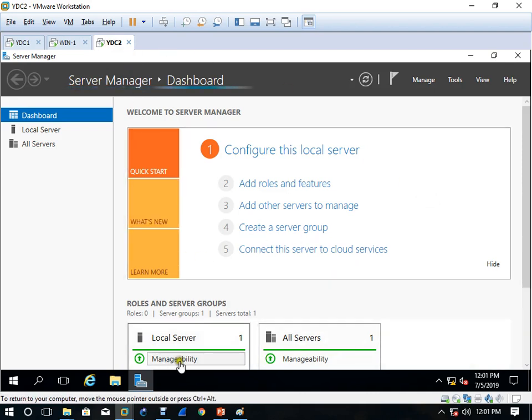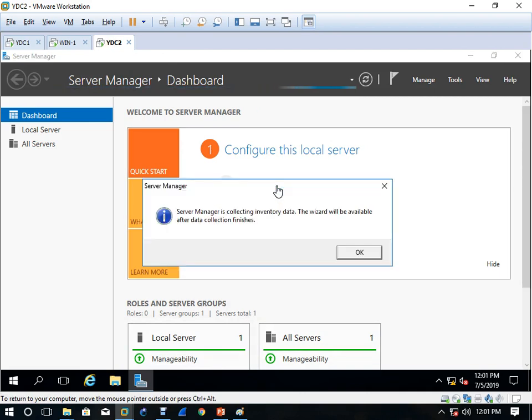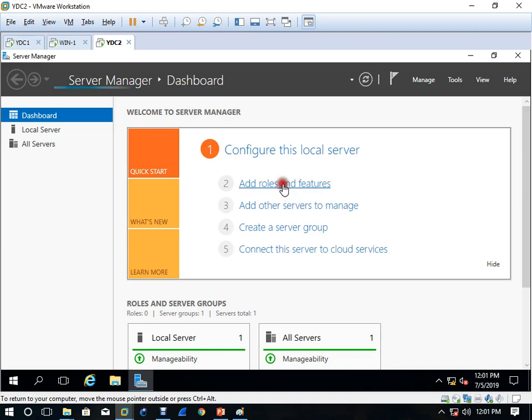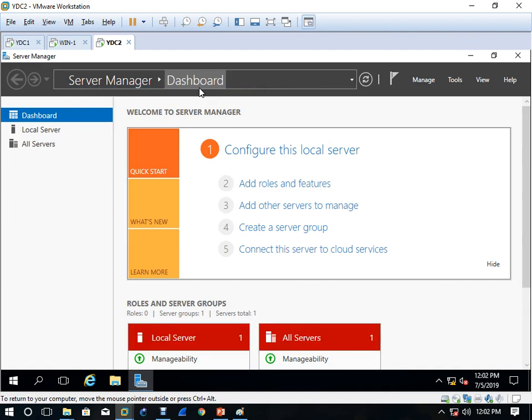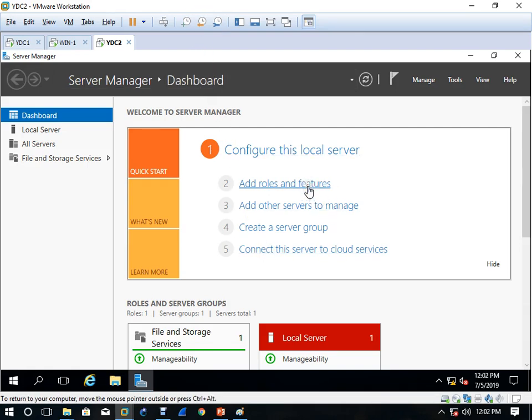Now we are on the second server, right? Click Add roles and features.